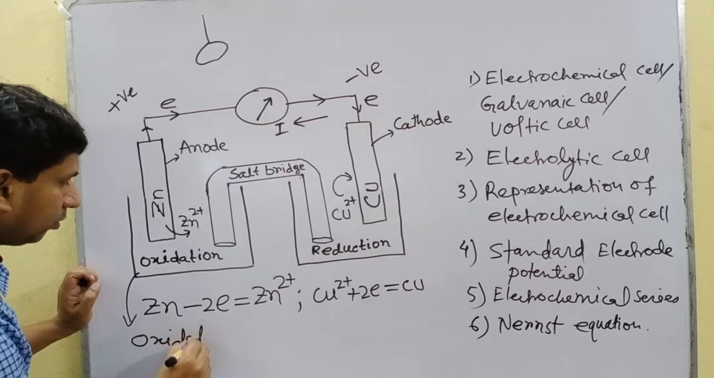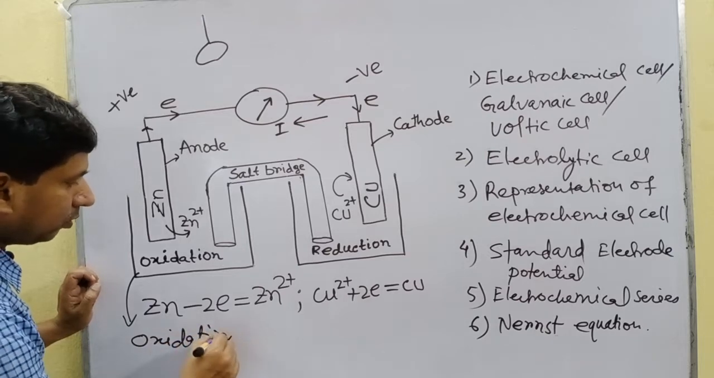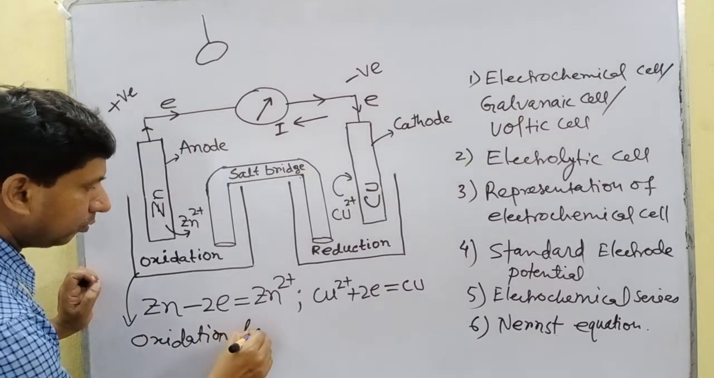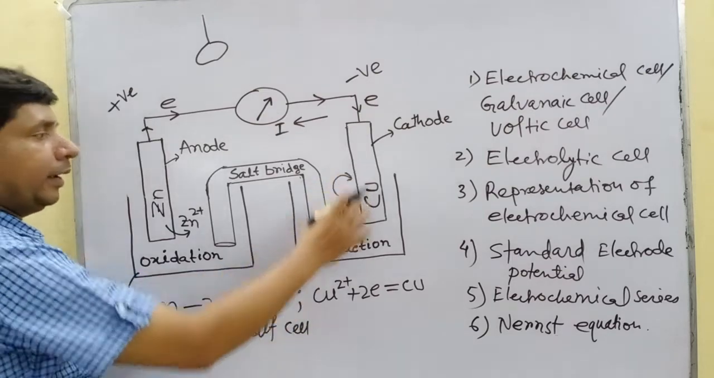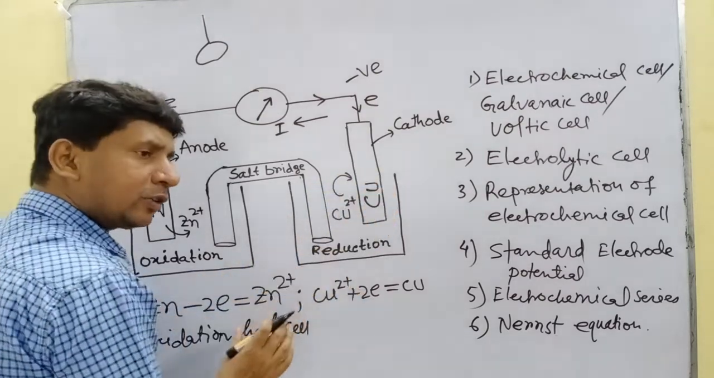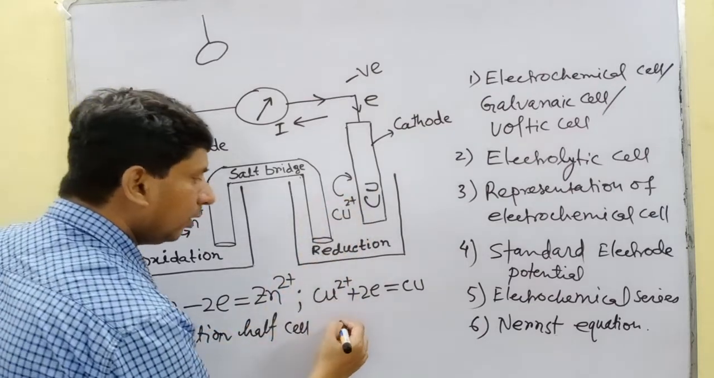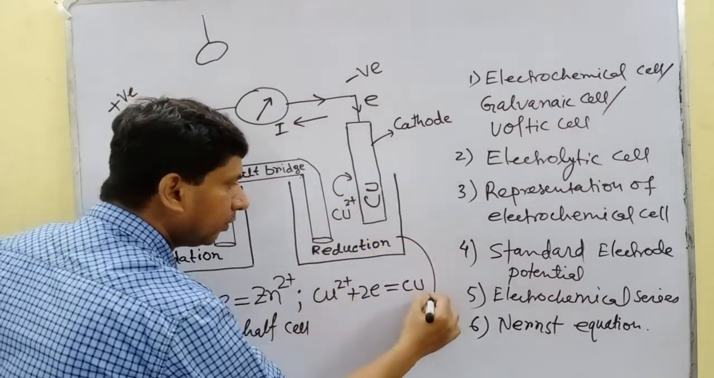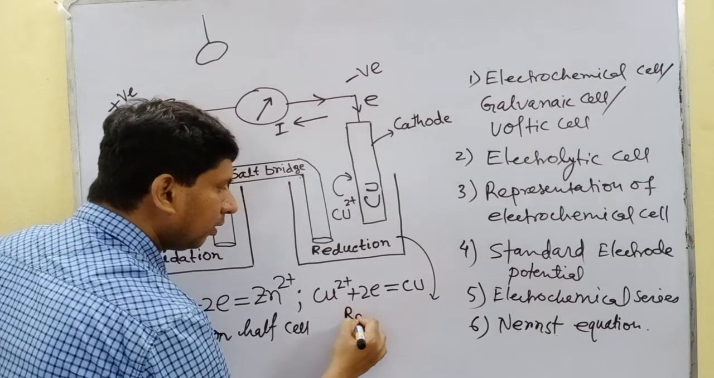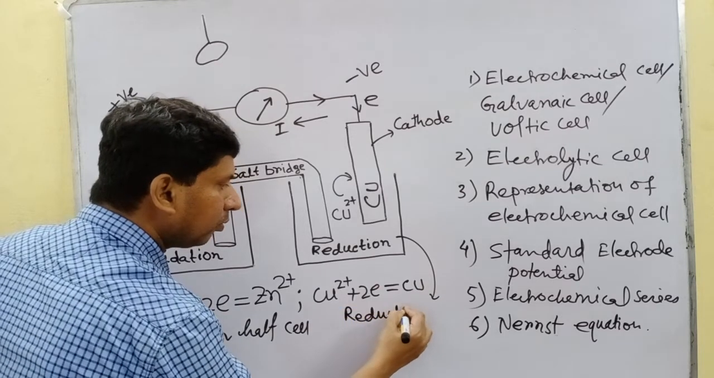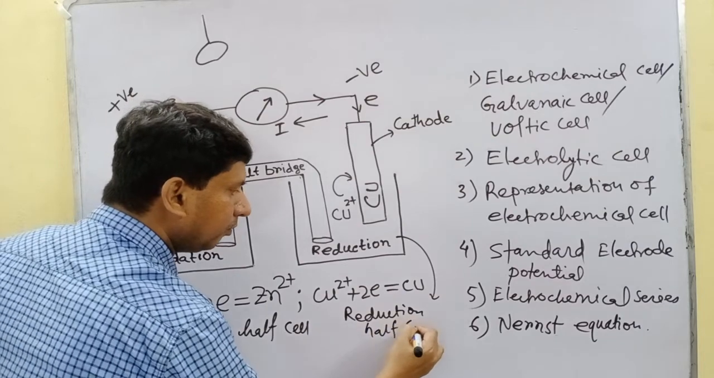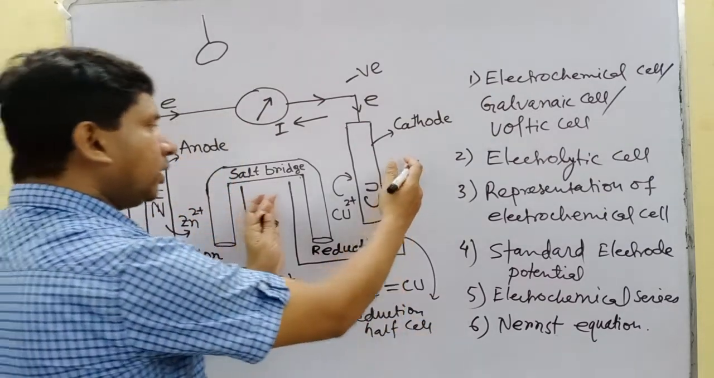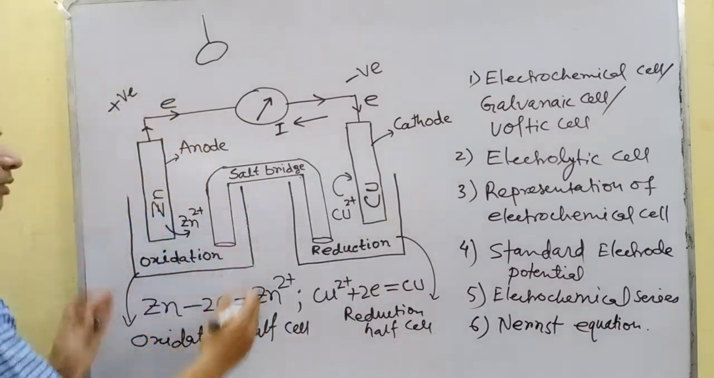Oxidation half cell. এই হাফ সেলে there's reduction occur, that's mean reduction half cell. This half cell is known as reduction half cell. So this is the reduction half cell, this is the oxidation half cell,